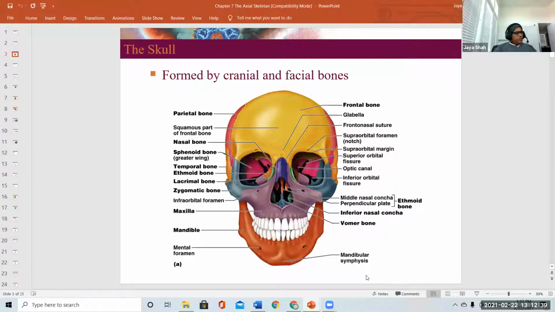Now let's talk about the bones in the, open the bone list. Skull bone, parietal bone. So the skull bone is formed by the cranial and facial bones. Cranial bones are the head. So this is frontal bone, parietal bone, and temporal bone. This is the frontal view. You cannot see a lot of occipital bone here. And in the